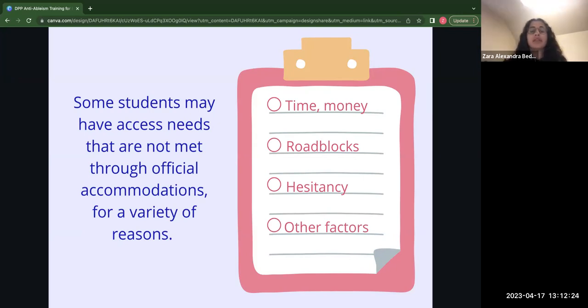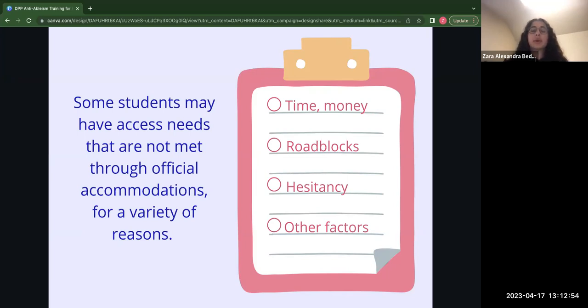For many students, official accommodations are a necessary and helpful way to have their needs met. However, this slide explains that for other students, official accommodations may not meet their access needs for a variety of reasons. In most cases, students without a recently documented disability cannot request accommodations from an accommodations office. Types of acceptable documentation may differ across universities. While many universities require diagnostic paperwork, some others are moving towards what's called an accommodations-first model.